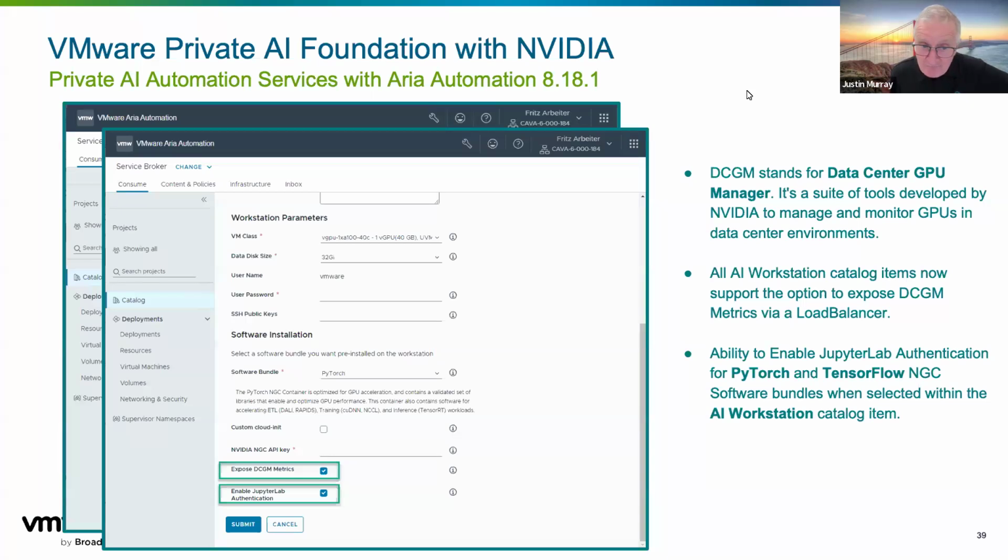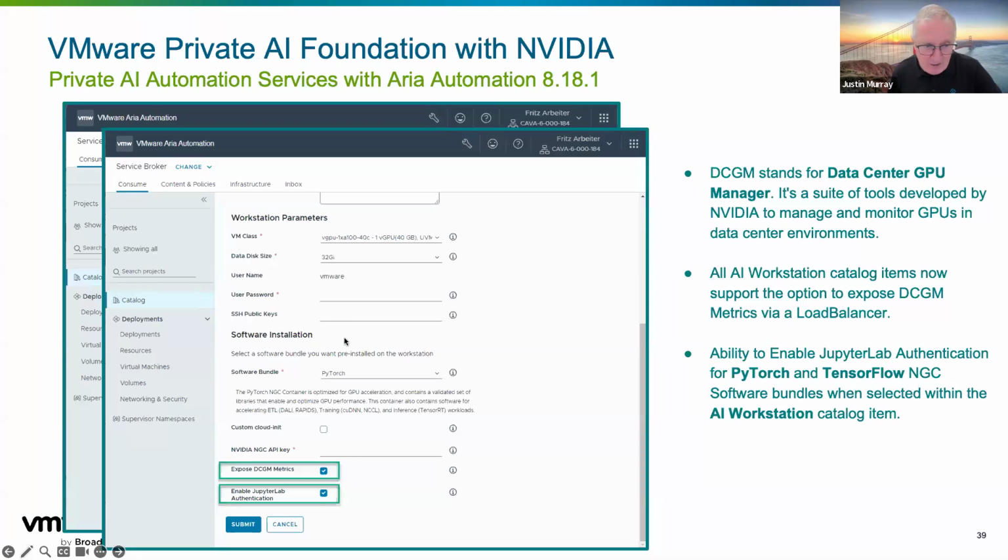These VM classes have been set up in advance by an administrator to have, in this case, a virtual GPU composed of one A100 40C, 40 gigabytes of memory, that is presentable to the appropriate VM that's under the covers, the deep learning VM that's under the covers. So that's where the GPU gets assigned, Raj, by virtue of the user of this automation tool specifying it right here in the VM class entry.